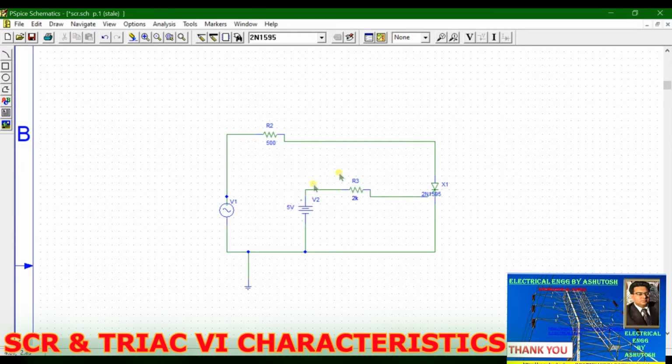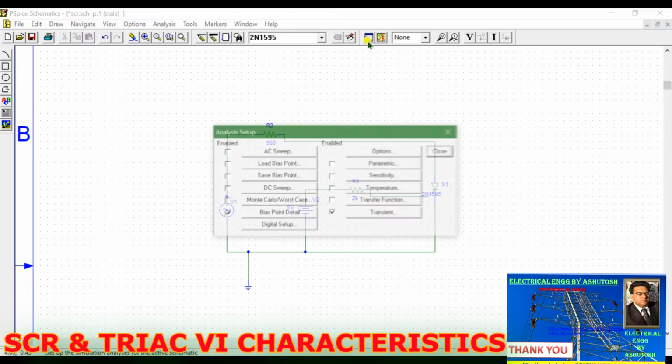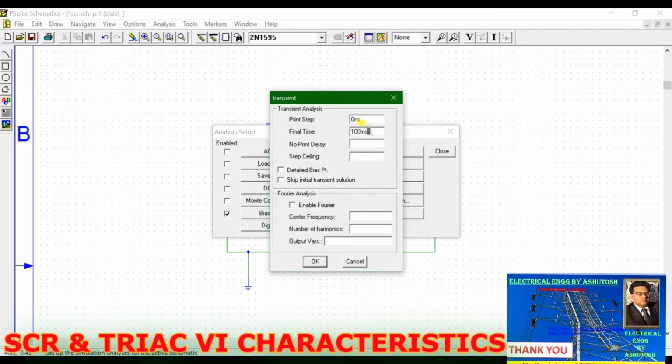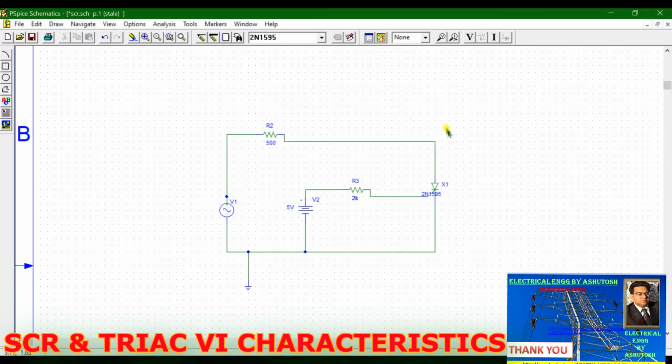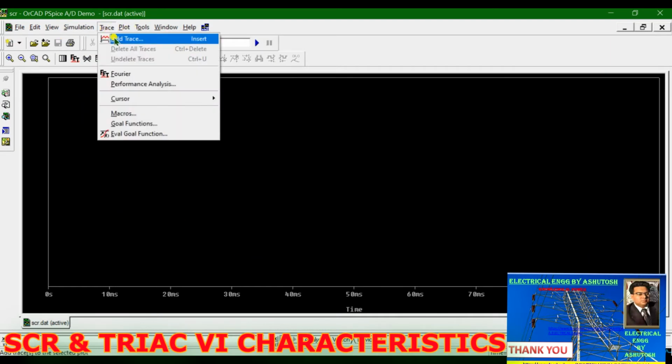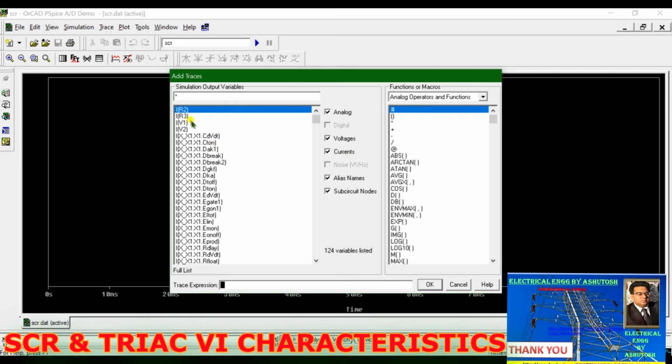Okay, so now you have to set up the transient analysis time. So select from here, then transient, you have to set it to 100 millisecond. The final time is set for 100 millisecond. Then click OK, close this, and then after clicking on simulation this will appear. Then go to trace, add trace, IR2, we need IR2, the anode current,